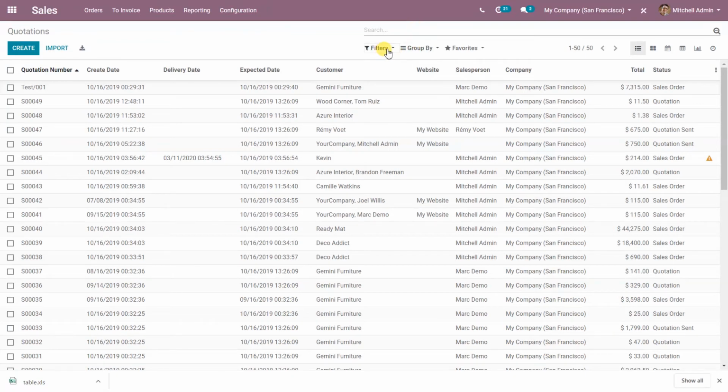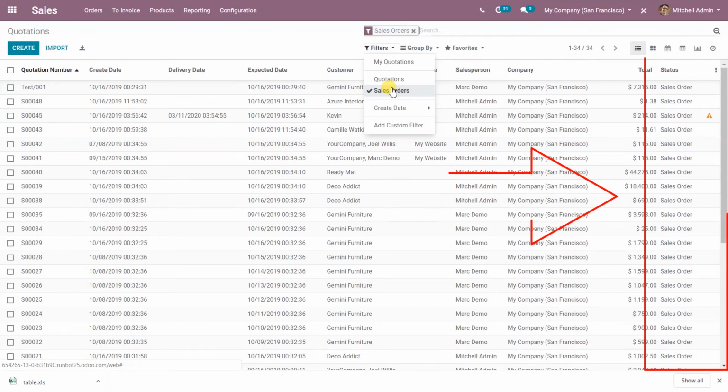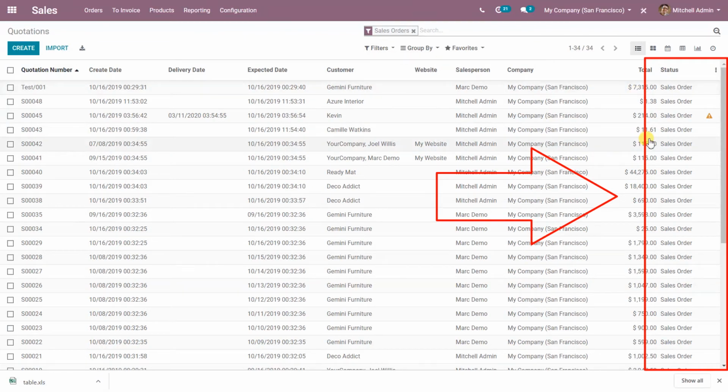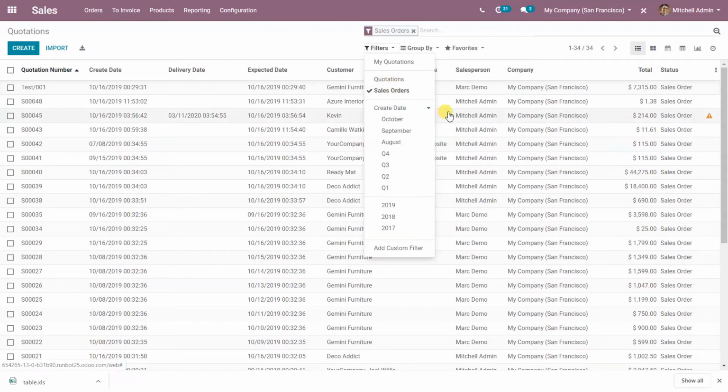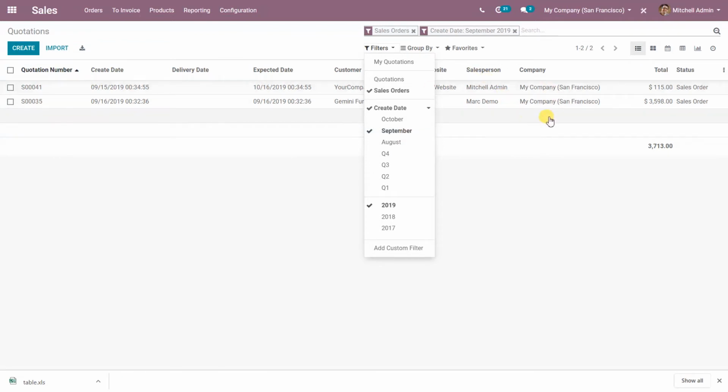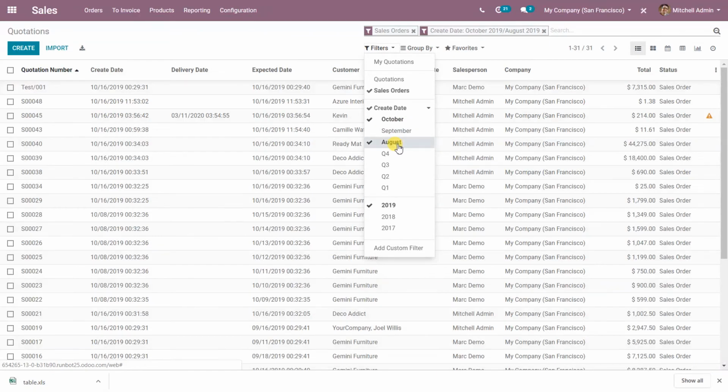To apply more filters, you can click on this filter button and a drop down of various applicable filters will come up for you. Let's say you want to see all the quotations with Skakis's sales order. To do that, select this. Or if you want to see the quotations with the Skakis quotations, select this. Say you want to see the quotations with Skakis sales order but in a particular time frame, for example, select multiple filters accordingly and entries will get filtered as per your commands. Just play around to find the best match.